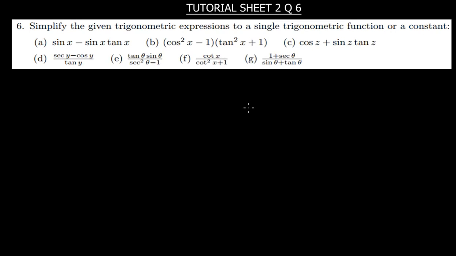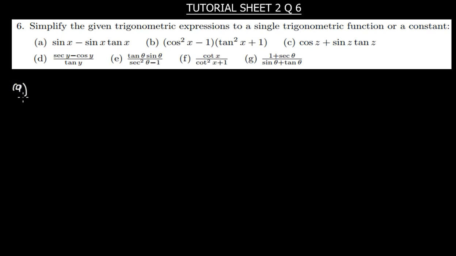Hi everyone, so this is question 6 from tutorial sheet 2. The question is saying simplify the given trigonometric expressions to a single trigonometric function or a constant. So when you look at the first one here, A,